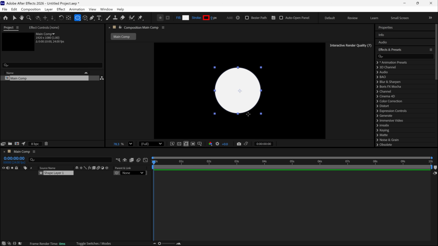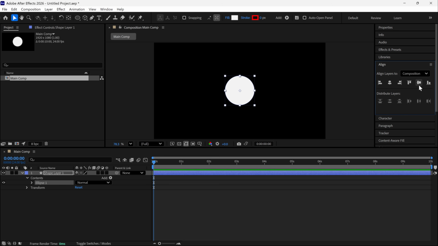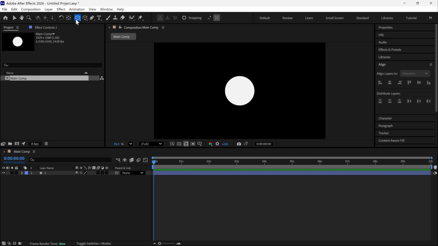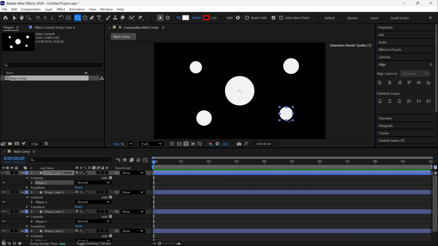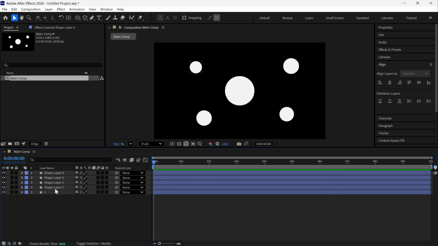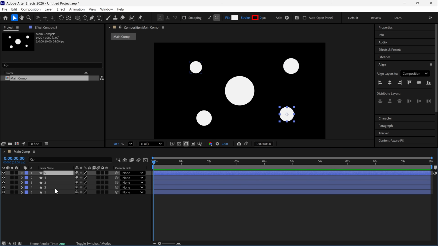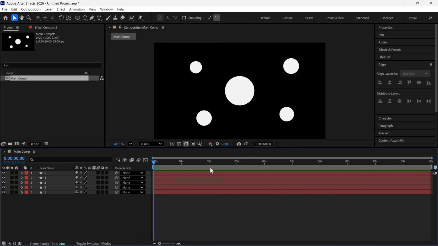Then I'm going to create a circle in this composition and align it to the center. After that, I rename this layer. Also, I'm going to create some more circle shapes into this composition to demonstrate how to connect shapes by lines. I am going to rename each layer one by one, and this part is very important, so do not skip. After that, I am going to change its color label to red to recognize it, and now it's time to